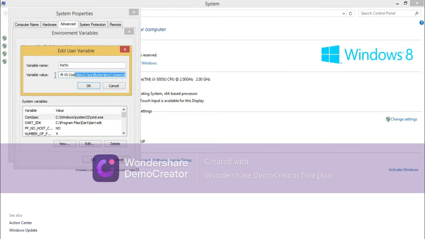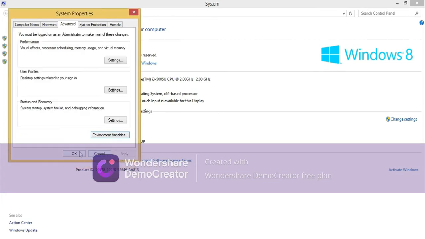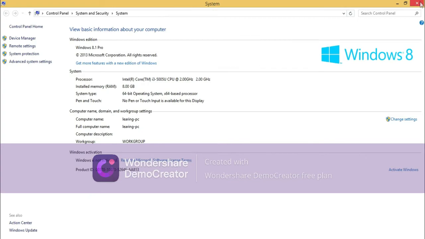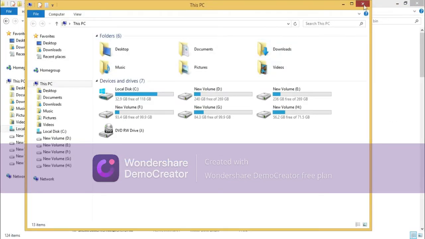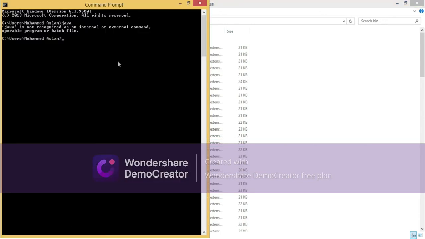If you don't have any values, just enter the JDK bin path. Don't enter any semicolon like that. Only you have to enter this path. Then click on OK. Then click on OK. Okay, now you can close it. This also you can close, and you have to reopen the command prompt.